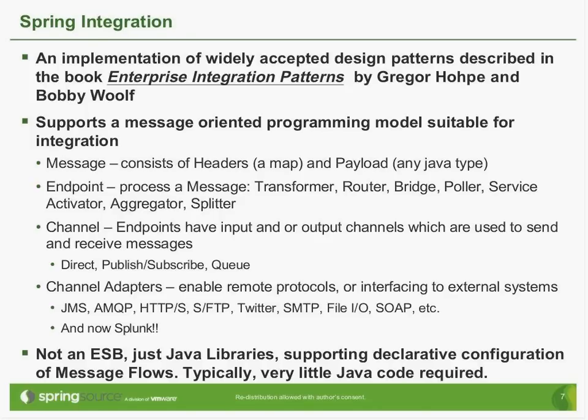Aggregator and splitters are kind of converses of each other. An aggregator will take messages from a number of different channels and aggregate them, say, into a list or a collection, or using some custom aggregation strategy. Splitter is the opposite, taking a collection of messages and sending an individual message for each item in the collection. These are not all the endpoints, but just to give you an example of what an endpoint is when we talk about endpoints. And a channel is something that is an abstraction that's used to connect endpoints.